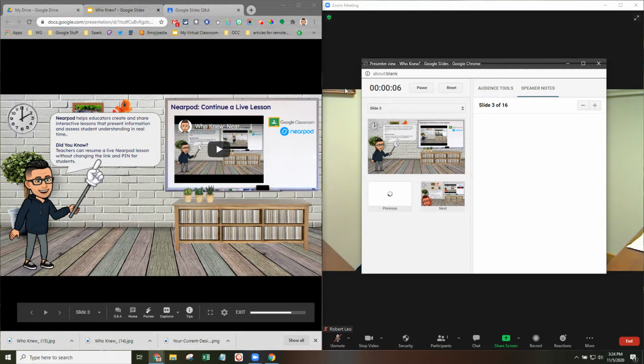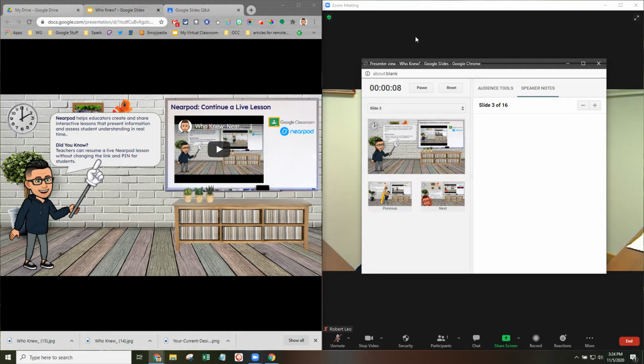And candidly, you don't really need the Zoom portion of things. You just need that to speak to the students and share your screen with them. If you have two screens, great. If you have one, you can split your screen in half to see the view that I'm seeing